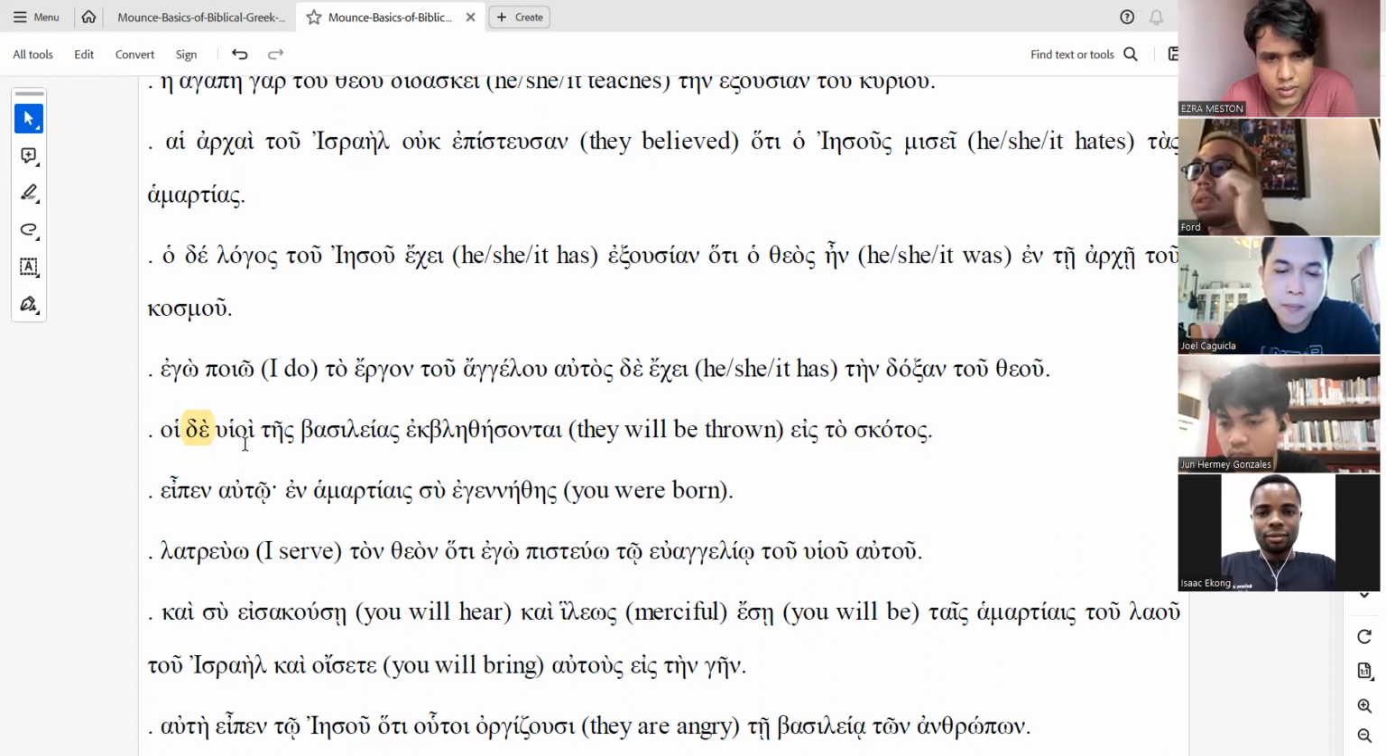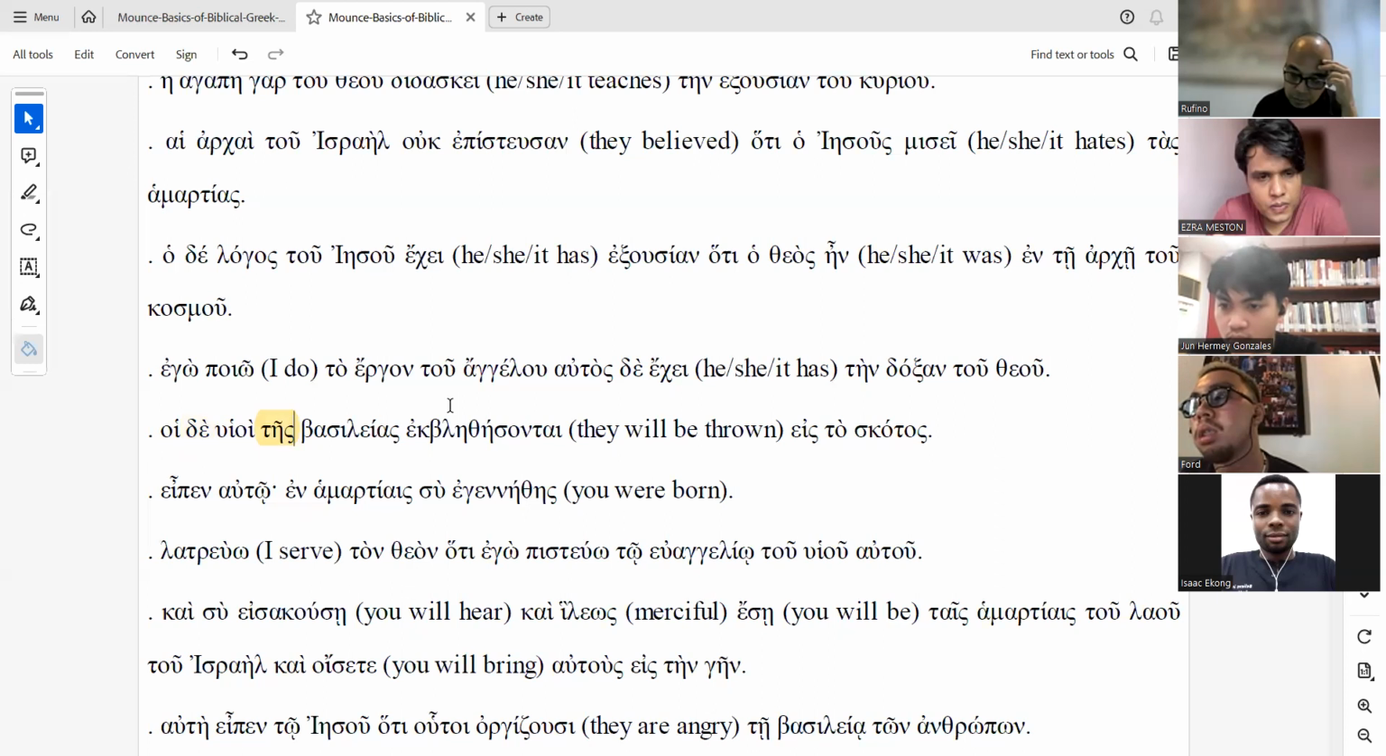You remember Basileia? Ezra, you remember Basileia? It is translated as kingdom. So this is singular because it's singular form. Okay. But the sons of the kingdom, yes, but you miss something because this is genitive. What do you add if it's genitive? You add the preposition. Ezra, we add the preposition of, right? So it becomes, if we add of,